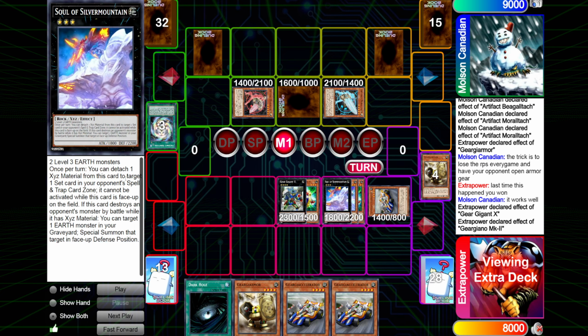Here, the second accelerator comes down, overlay. Oh, a little misclick there from them. Or I guess they're just thinking. They special summon the other accelerator first, and they go for a Gear Gigant, so they can use the effect again